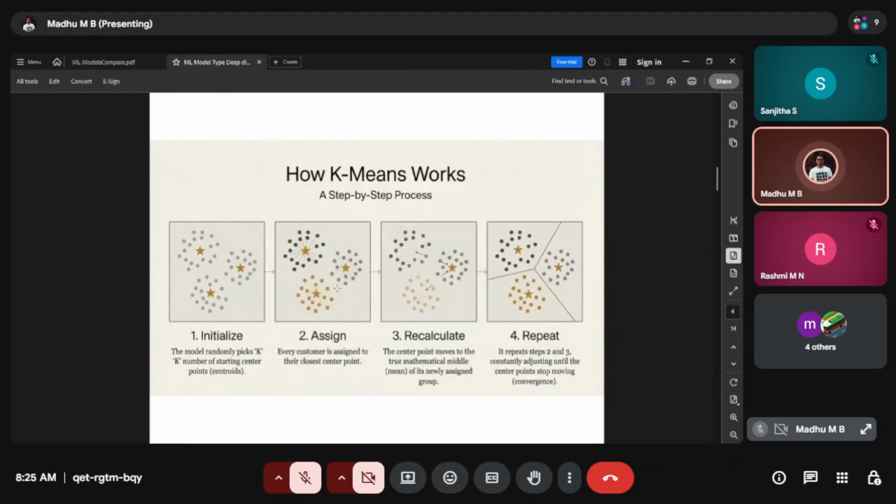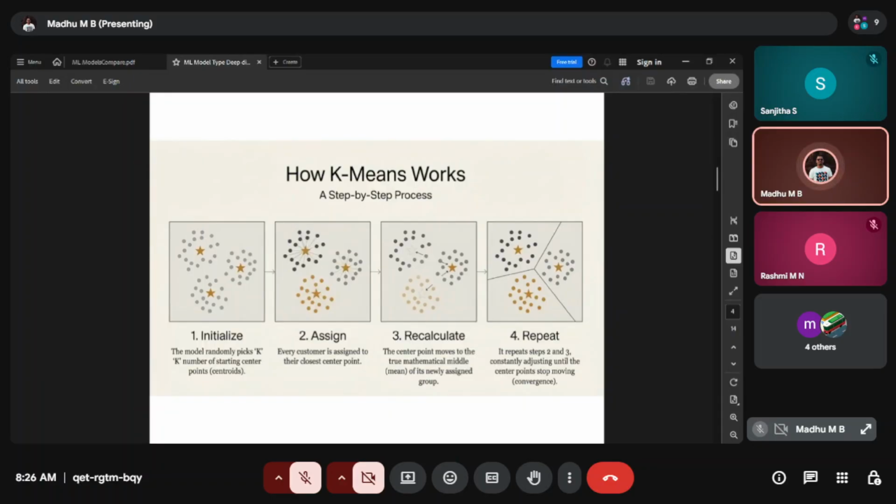Okay, let's start with the K-means. As I was mentioning earlier, I have divided this ML session into three parts. One is machine learning models for analytics, the second one is ML for energy management, and the third is for the IoT. As analytics is very important for us, let's start with the analytics one.